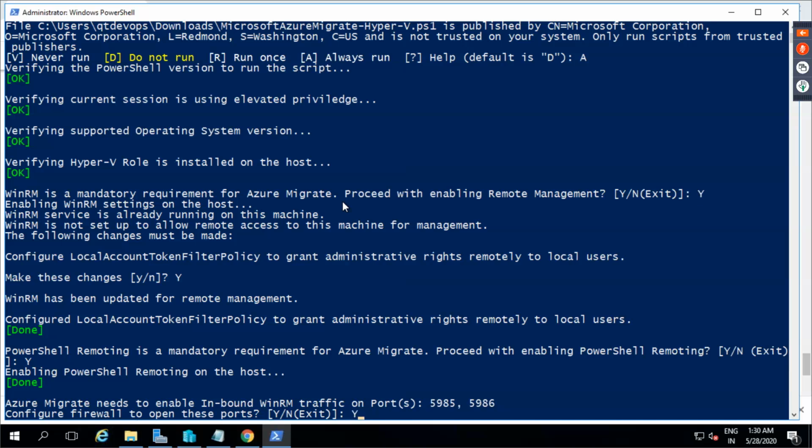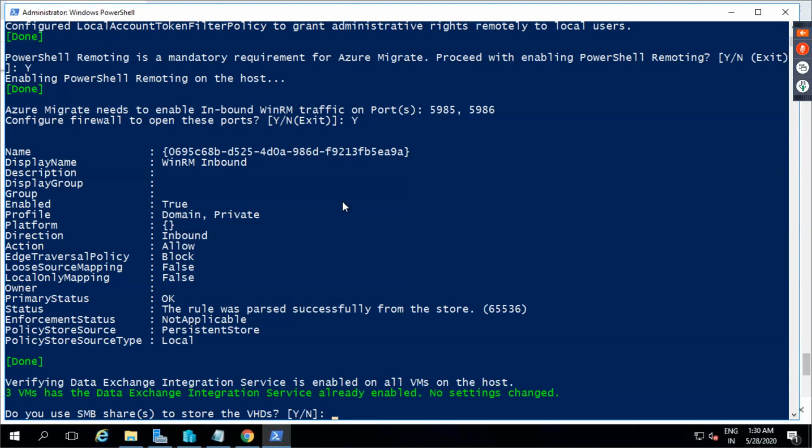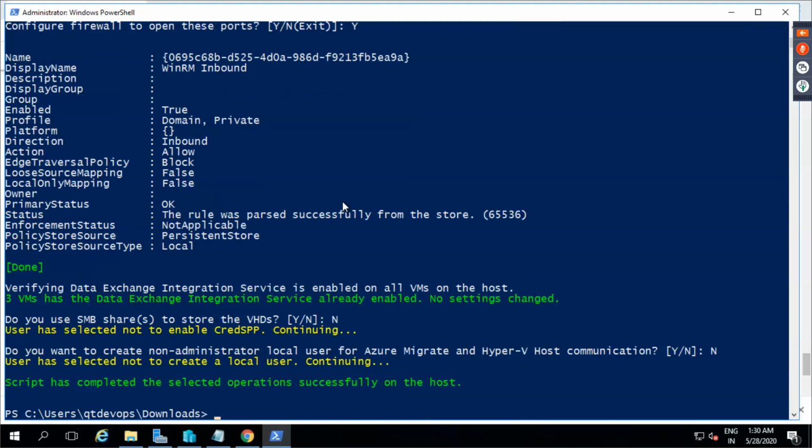It is asking, do you want me to configure the firewall to open the ports? Yes. Right. I don't have any shared SMB service. Do you want to create a non-administrator local user for Azure Migrate and Hyper-V host communication? So if you want, you can give that. I would say no, I don't want to.